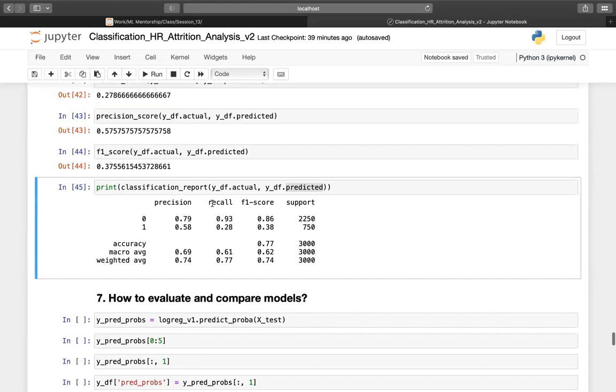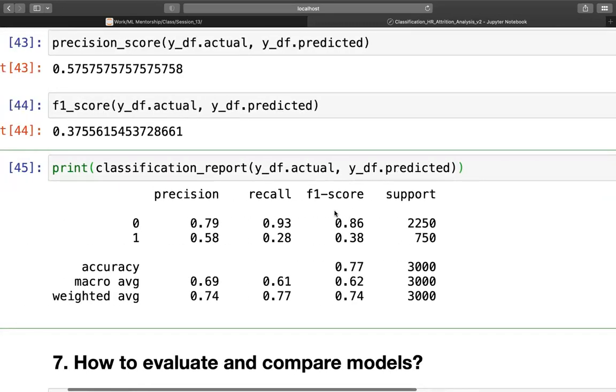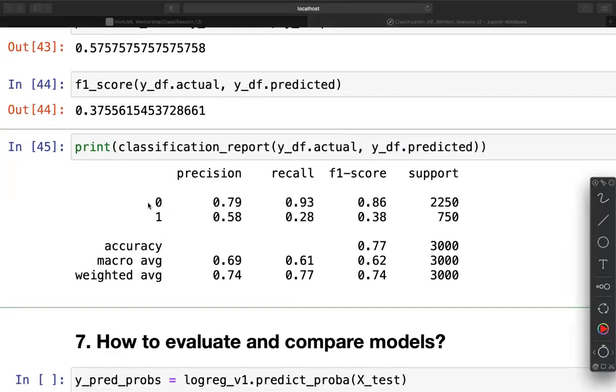And it gives you the precision, recall, F1 score, and support. So let's look at what these values are. It gives you the precision and recall score for both the classes 0 and 1. Support means how many test cases there are. Totally there are 3000 cases. You can see out of that, 2250 are people who have not left and 750 are people who have left